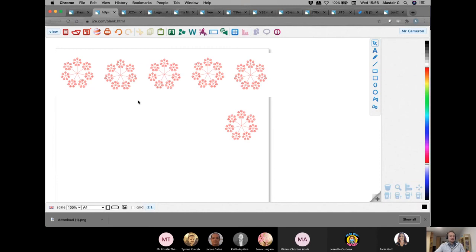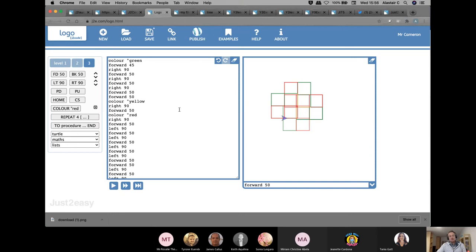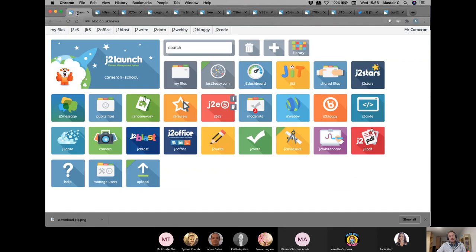So we could use that as maybe a border to go around some work that we're doing, writing up our experiences of coding. And you can do that with any of the tools that we've been talking about today, to save a picture of that and then to be able to share it.